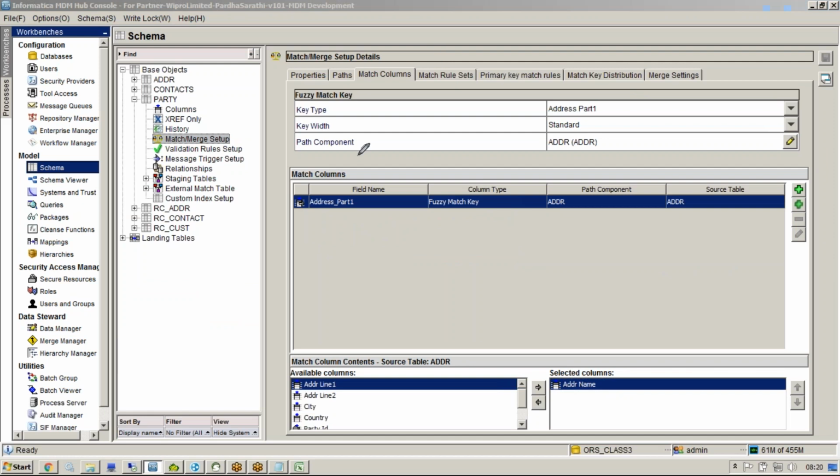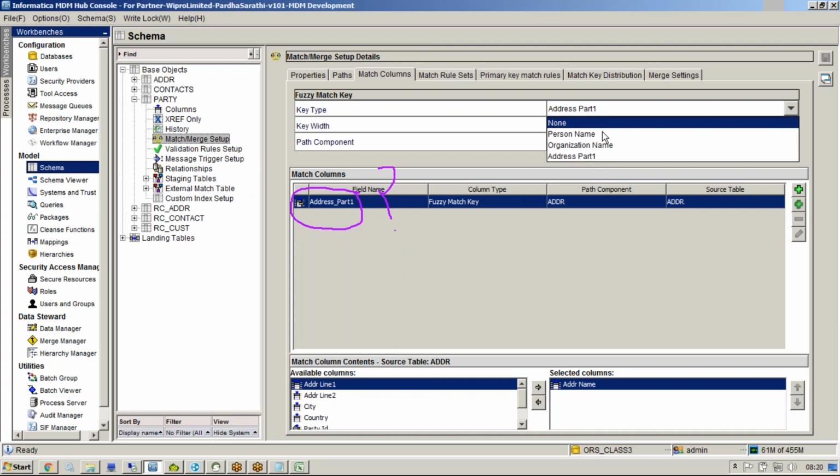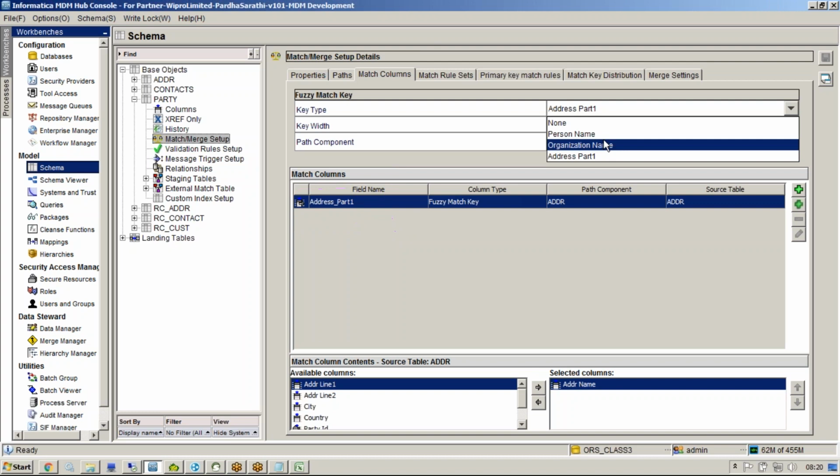Now if that is the thing, what is this? What is address part 1? And I see it's a fixed thing. So what is this? Address part 1 is nothing but, both are the same, but there is a difference. So address part 1 is address name plus logic. For example, now see here, address part 1,